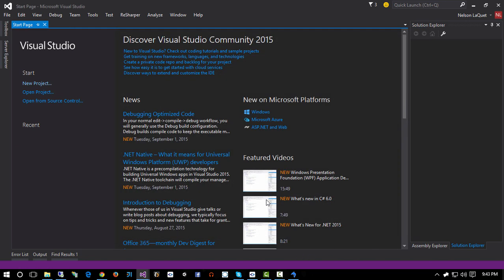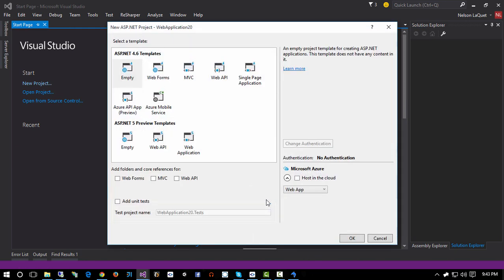So then after you hit OK, you're going to get a screen that looks different than the screen that you're going to see in the next video. You have the options of ASP.NET 4.6 templates. You also have the option for ASP.NET 5 preview templates. Now, the series will not work with ASP.NET 5. The concepts will still be the same. Most of the classes will still be the same, but ASP.NET 5 is going to be a little bit different. There's definitely going to be an updated series once ASP.NET 5 gets out of the preview stage. Unfortunately, it's still fairly buggy and fairly new